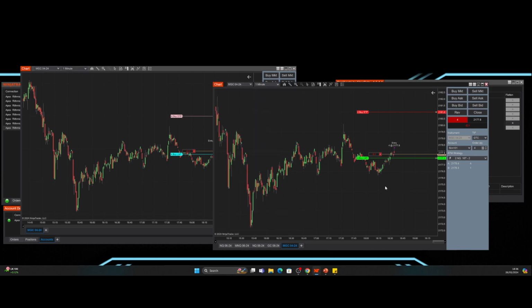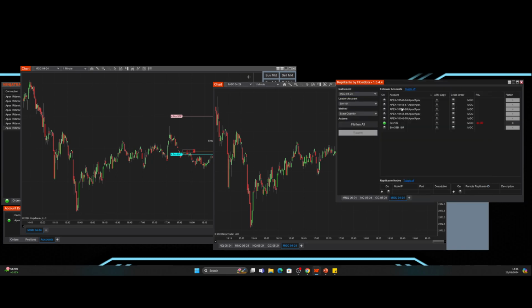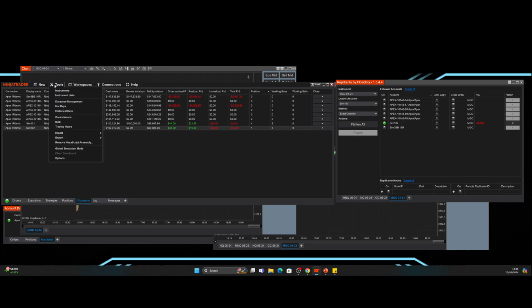So that's pretty much how you would set the risk parameters, but it does work on a SIM account where you can copy from a SIM to, well, I suppose, an evaluation or live account. But this channel is about demo trading, so I would not encourage copying evaluations or live accounts. So this is just a demonstration of how to use risk from the NinjaTrader tools, setting the risk in terms of position size and